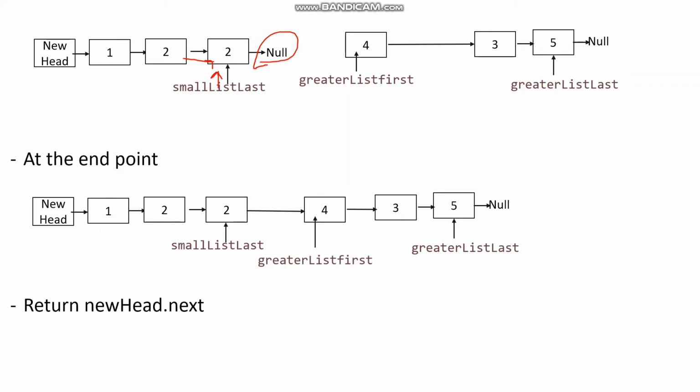And then we move ahead. So our last node containing the null, so we will come out of the iteration, that is the while loop, and at the last step we will point our small list last next to greater list first. So this 2 will point to the first node of the greater list, and at the end we will return new head's next, because that was the node we initially created and it was containing the head of the smaller